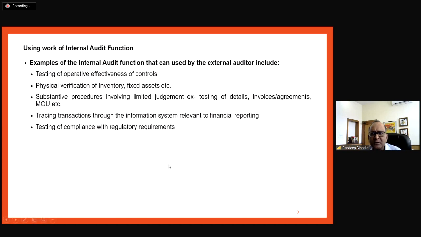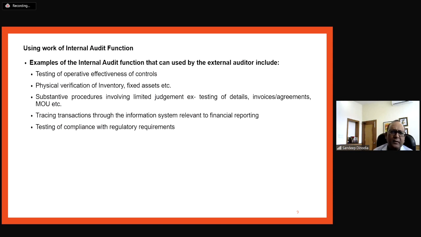There are some examples of internal audit functions that can be used by the external auditor. These are just illustrative, given in the implementation guide. Some of them are testing of operative effectiveness of controls. I think when we are doing the IFC controls testing, we can take the help of the internal audit report to see whether they've also tested the same controls and whether they find any gaps in the controls. Physical verification of inventory, fixed assets,